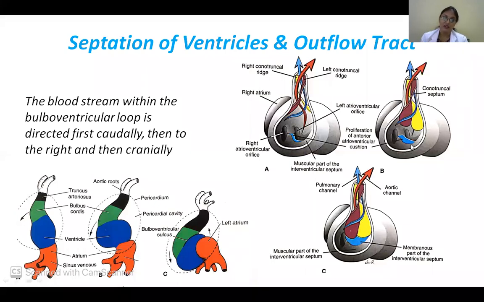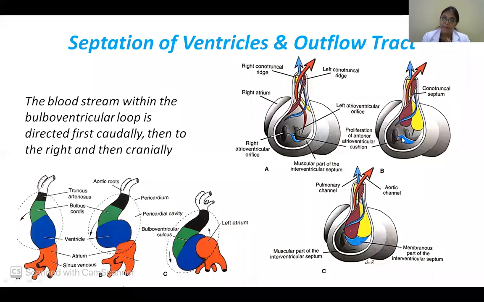As I told you, the interventricular septum is formed by a combination of what? Muscular part and the membranous part. So the muscular part is this lower gray colored one. So this comes to meet this part. Okay, these two bulbar ridges come to meet the muscular part. At the same time, this is the atrioventricular region. Again, here you have cushion tissue that also contributes some tissue here.